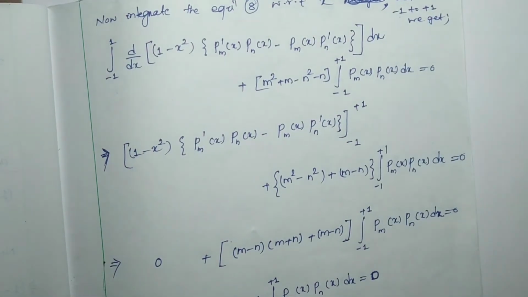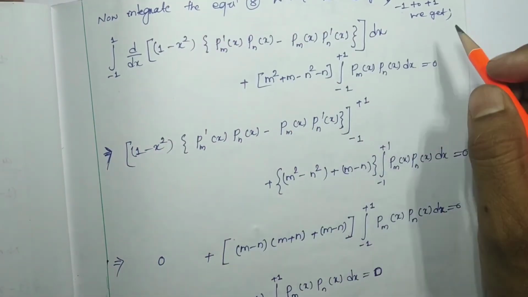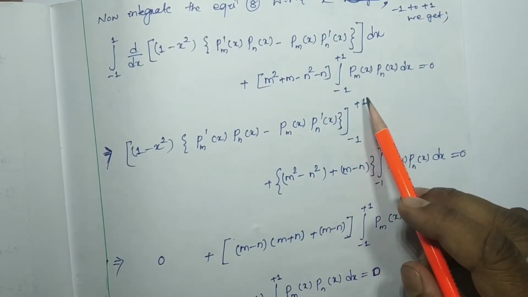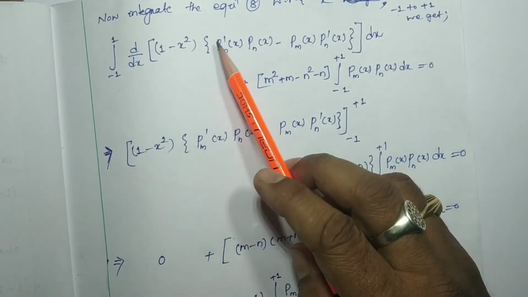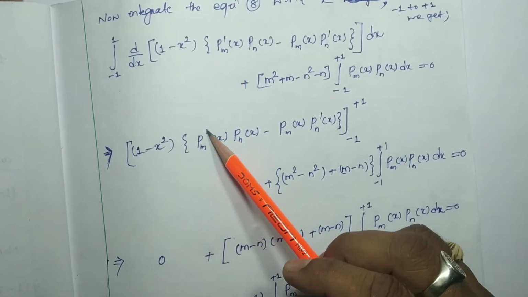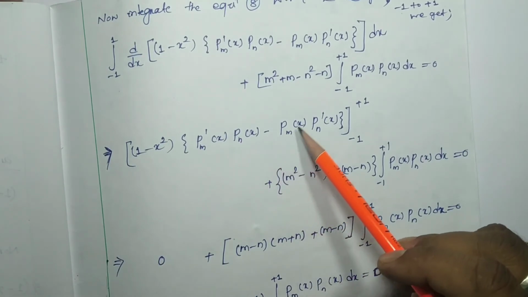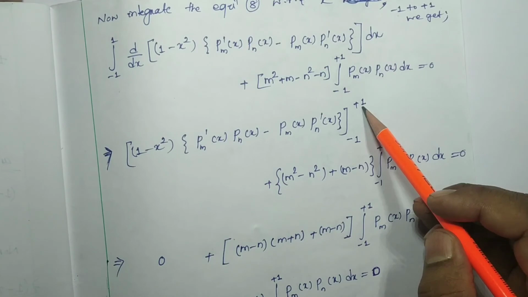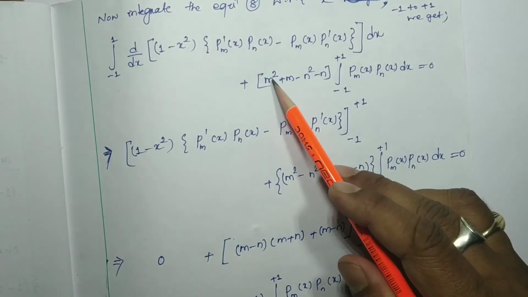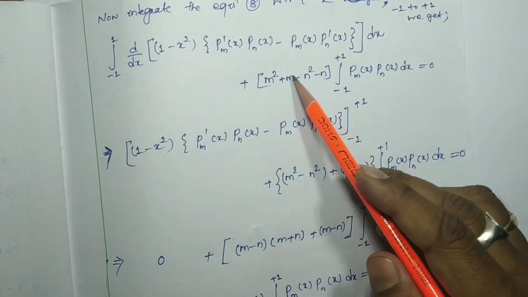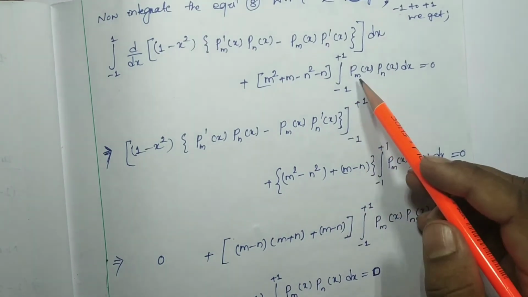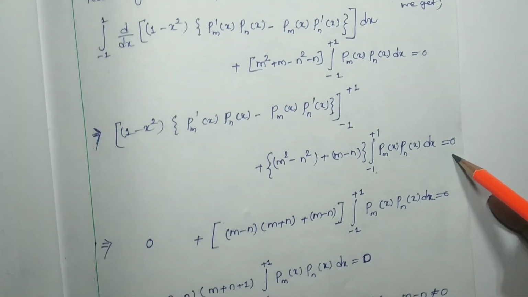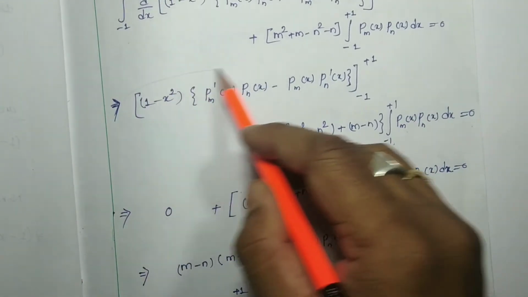So what will happen? This differentiation will be cancelled. So only this term we have to write with the limit minus 1 to plus 1. See, 1 minus x square bracket pm dash x pn x minus pm x pn dash x, from minus 1 to plus 1. Okay. Then this one will be m square minus n square, m minus n, integral from minus 1 to plus 1 of pmx pnx dx, equal to 0, and this value will be equal to 0